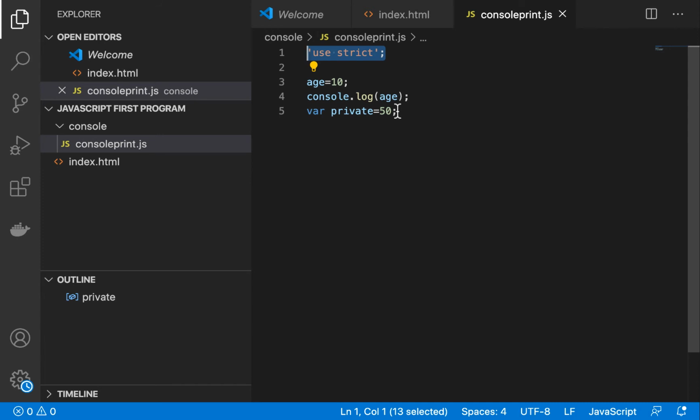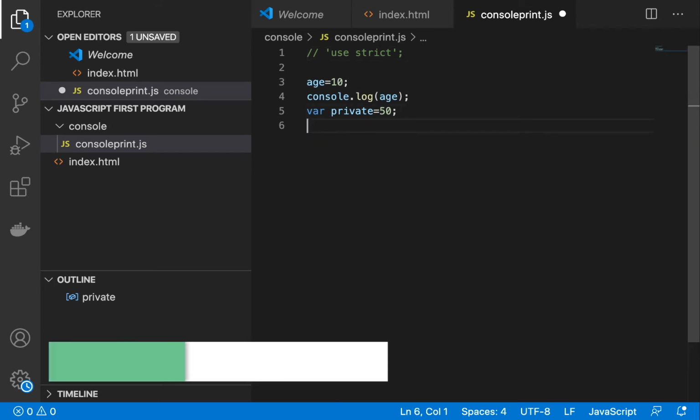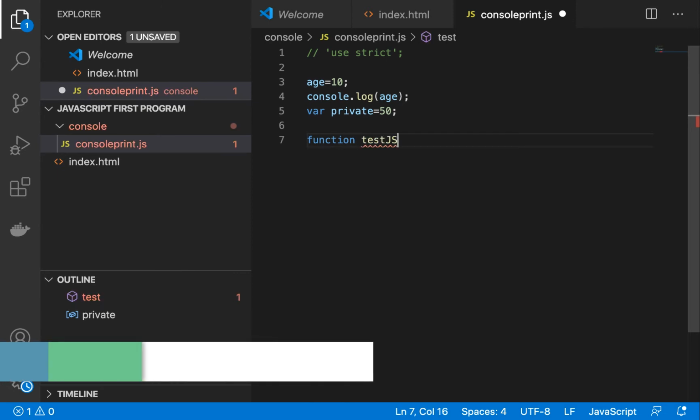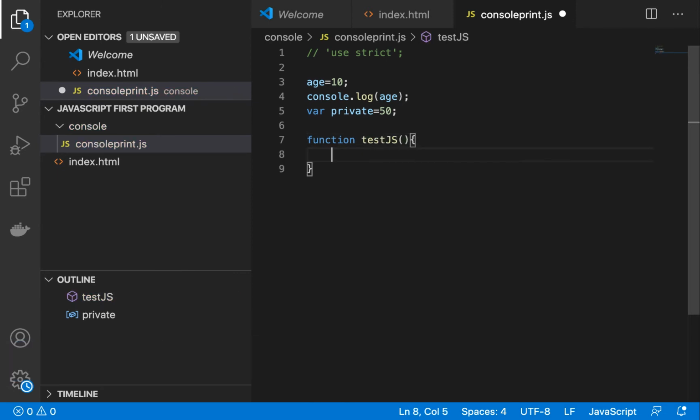Now, as I told you in the previous slides, we have mode declaration or mode usage at the function level as well. So for this I will do one thing. I will again comment this particular line of code and I will write a function. I will name the function testJavaScript, and I will again do the same thing. I will have something called newAge and assign it a new value, 100.